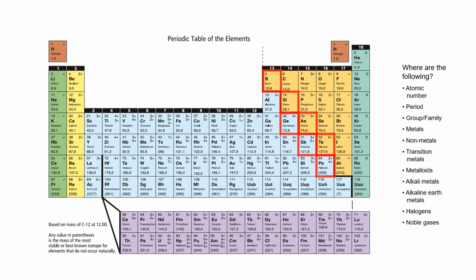And as we get further into it, you should be able to identify some general properties of them. For example, alkali metals, most reactive metals. Halogens, most reactive nonmetals. Noble gases, least reactive elements on the entire table. Okay,